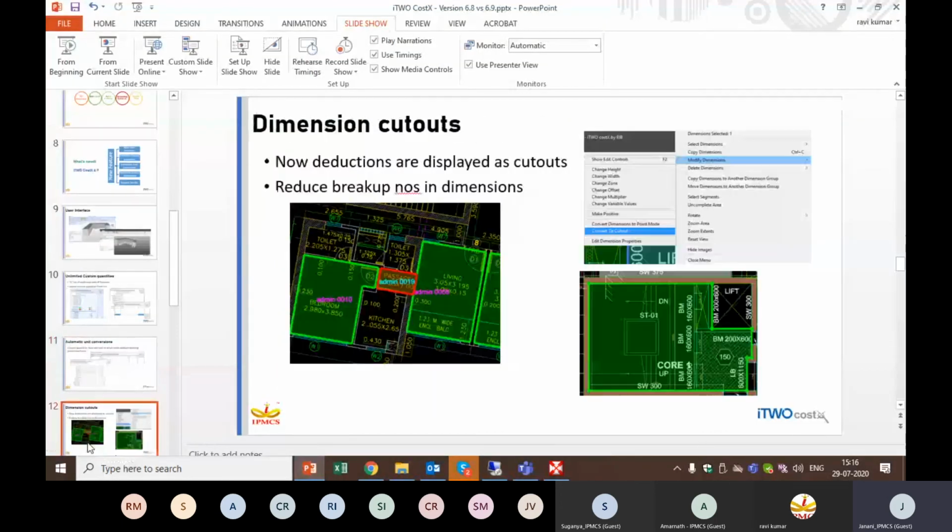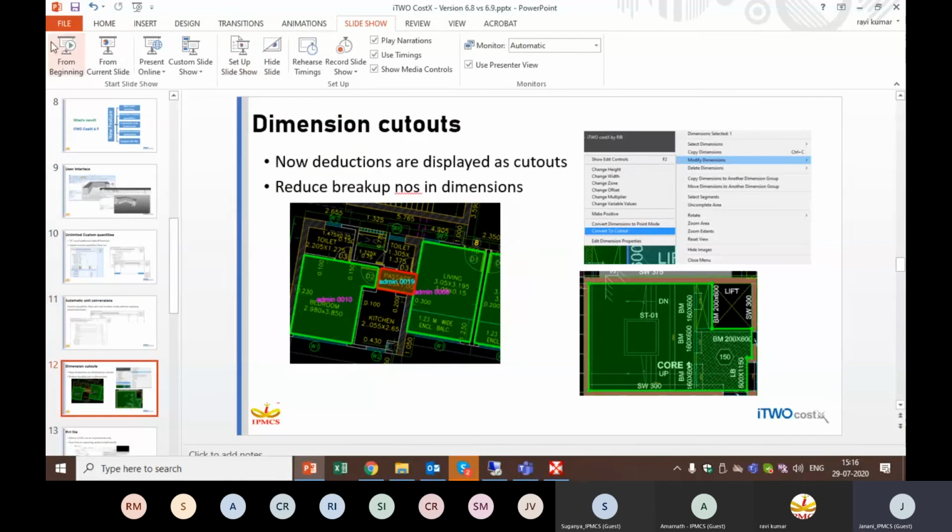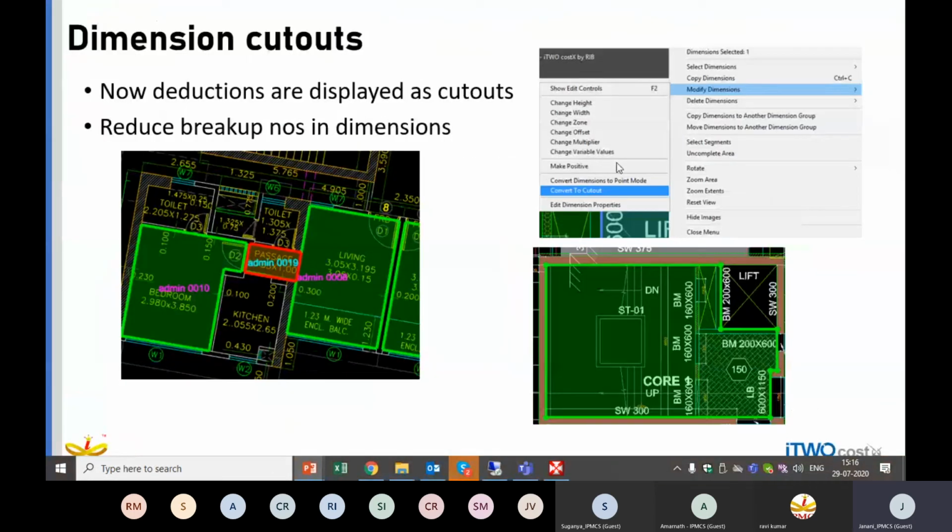Next, the new feature is dimension cutouts. Earlier we used to deduct our areas from the measured area, which would be displayed as deductions. Now in Costex 6.9 we have a new feature, which is dimension cutout.